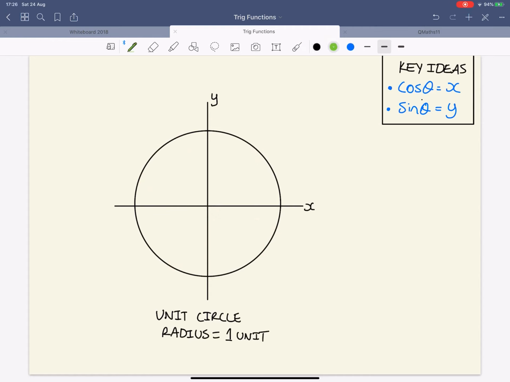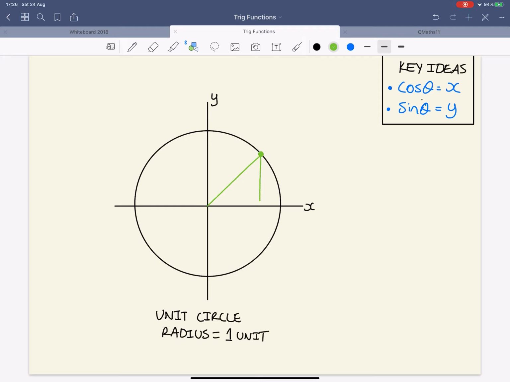If I go ahead and place any coordinate on our unit circle, we can actually use this idea that our unit circle radius is 1 to make these key ideas, right? That the cosine of any angle is just the x-axis, how long along the x-axis you've gone. So let's do that. I'm going to go ahead and just finish off by drawing a triangle